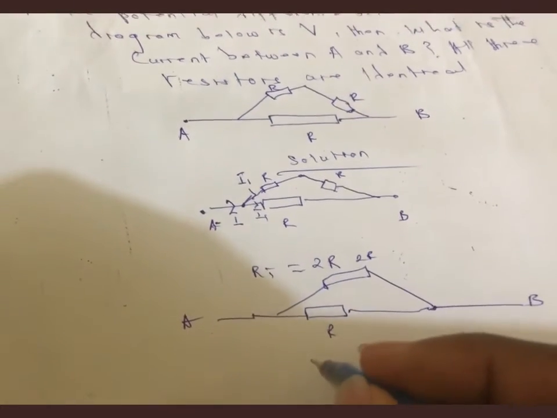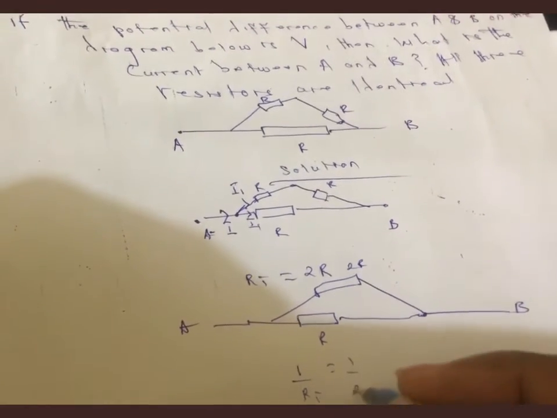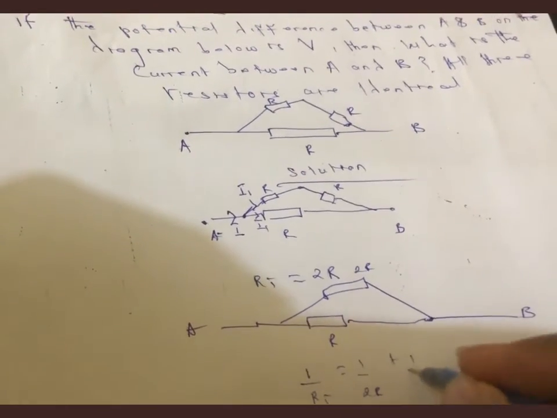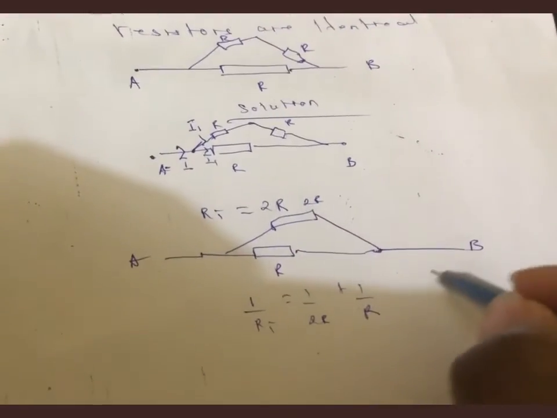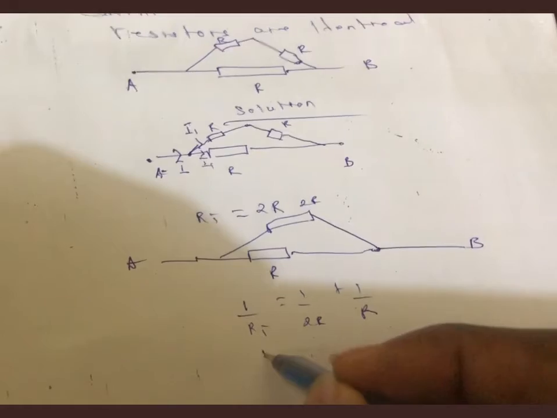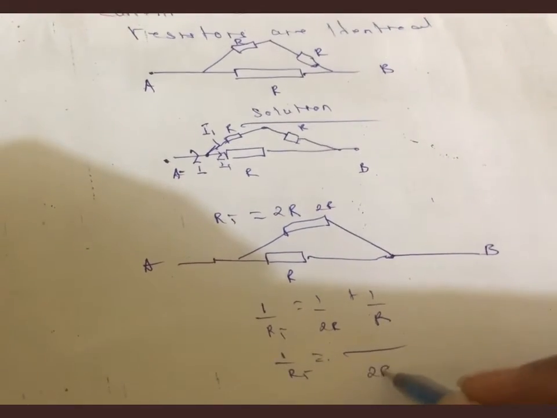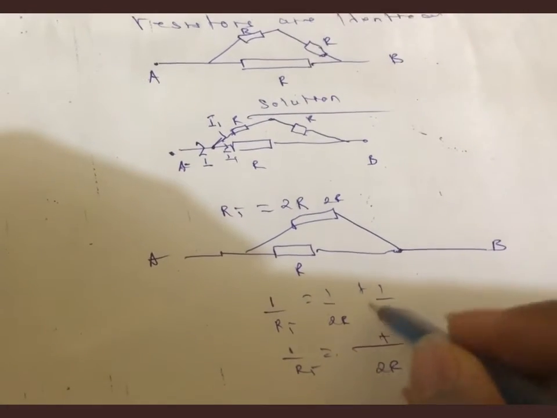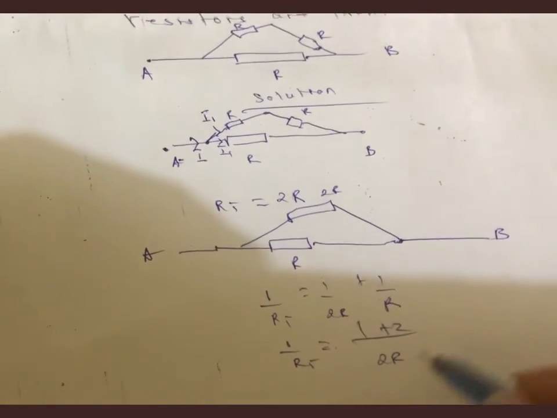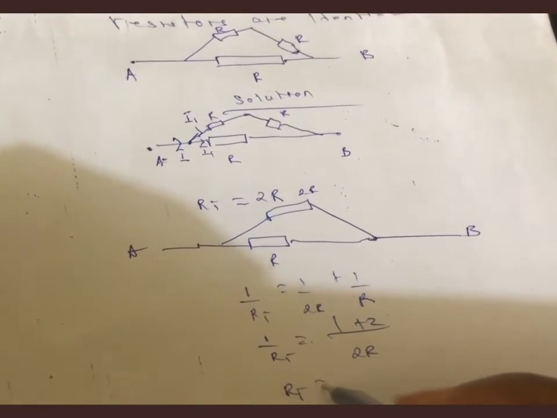So we can now take the total to be 1 over 2R plus 1 over R. When we take the lowest common multiple, 1 over RT will be 2R. When this goes into here, we have 2 plus, and when this goes into here, we have 1. So when we sum it and take the inverse, we have RT to be